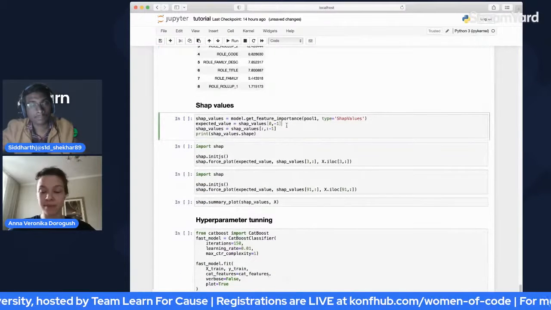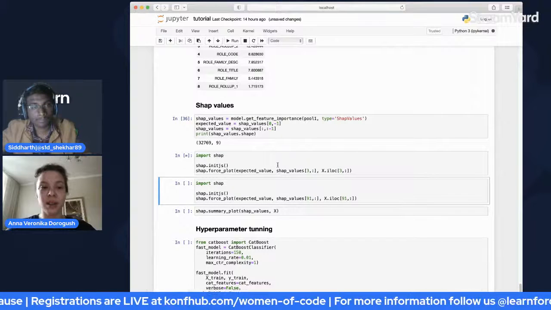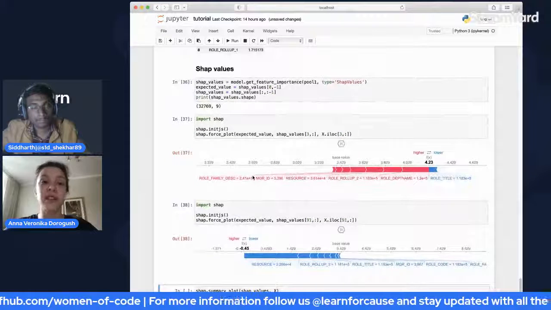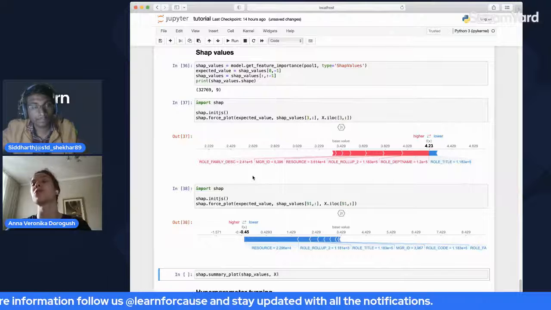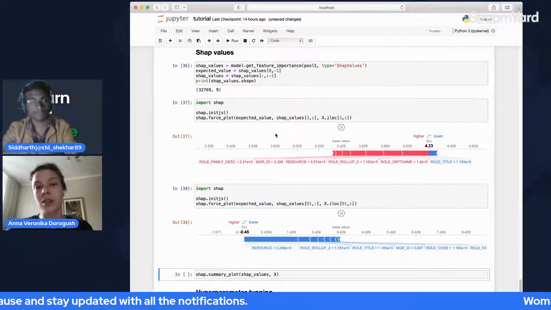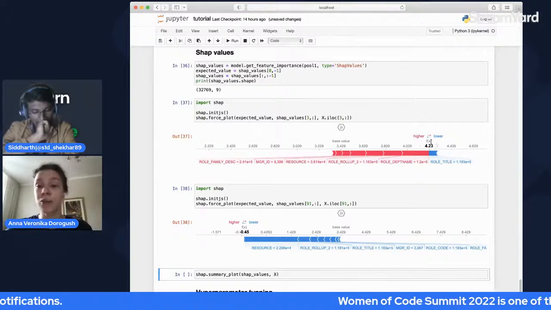But sometimes it's not enough to just know which features are important. Sometimes you want to know, for a particular example, which features are important for this particular example. What we are doing here is selecting one line from the dataset.